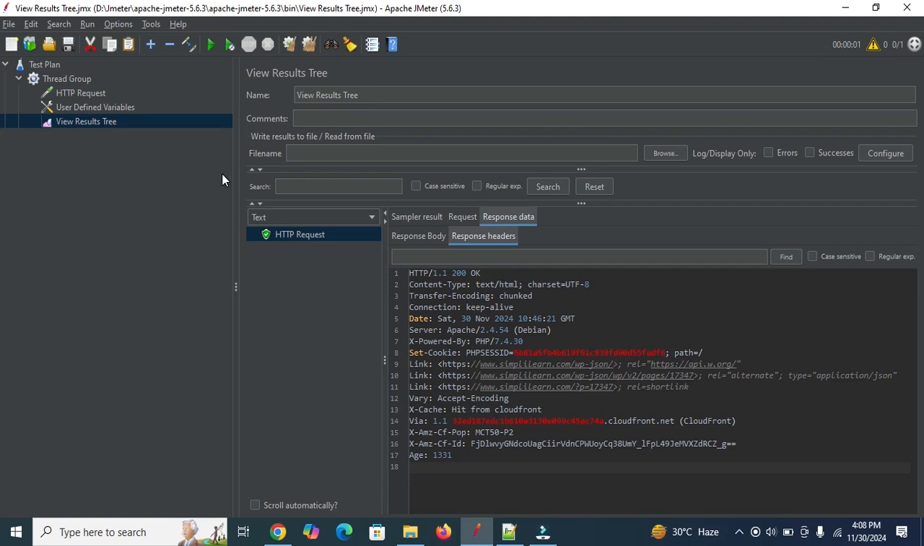A few of the benefits of user defined variables. We can reuse, because we store values like URL or credentials in user defined variables and we can reuse them across the test plan. Easy maintenance, because you change a value in one place and it updates everywhere the variable is used. Also, it helps in environment flexibility, quickly switching between environments like staging to production by updating variables, because we